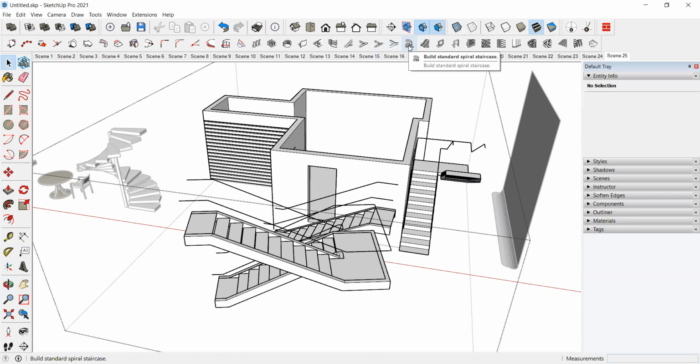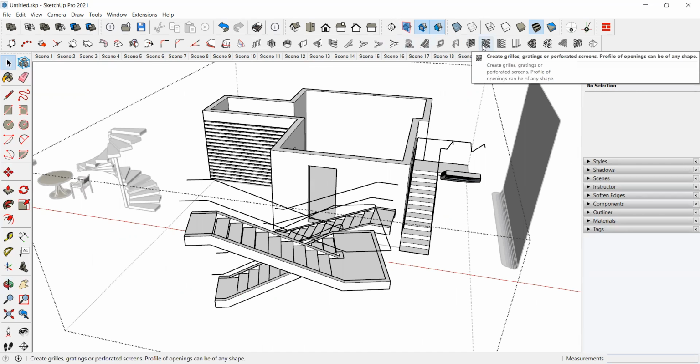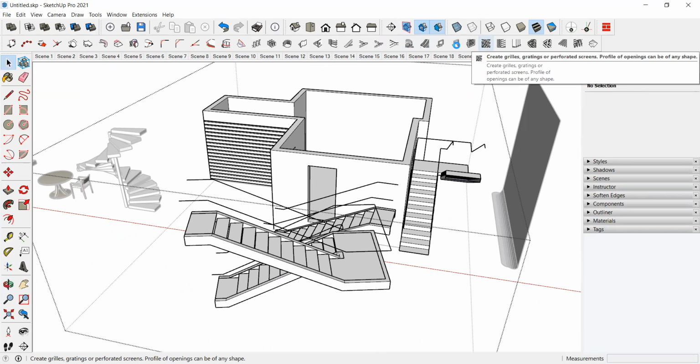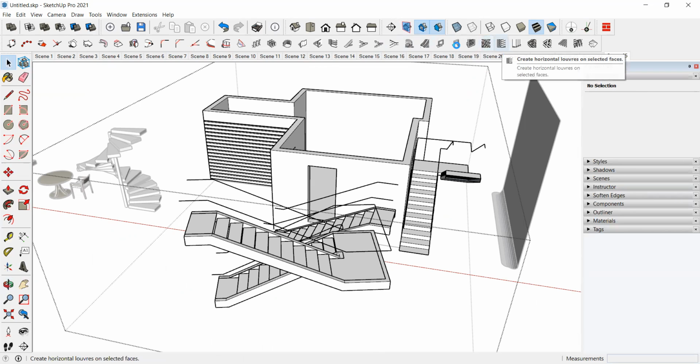We have spiral also, and we have escalator also, and how to create door frames and window frames. I explained, but I think Hemita missed this. So I will explain this shortly, and we'll go to different rafters. The roof is there. So many are there. Okay, this also I will explain in next class.